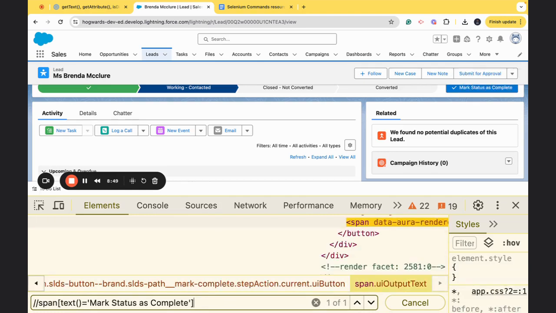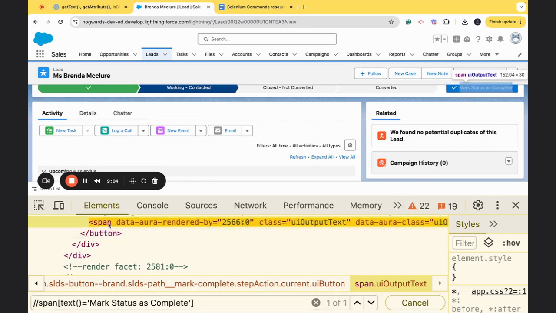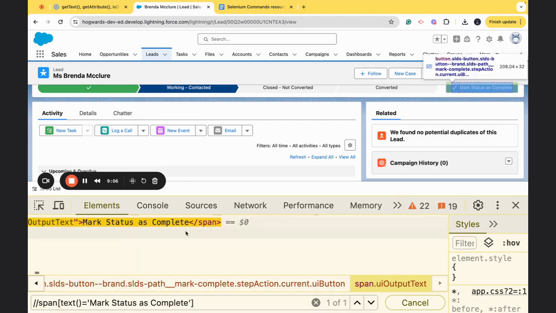Now if I want to fetch the text of this element, what I'll do is I'll simply put it as dot get text. That's it. And whatever the value is between these tags, which is between span opening tag and span closing tag, whatever the string is here, which is mark status is complete, it will fetch that particular text and store it